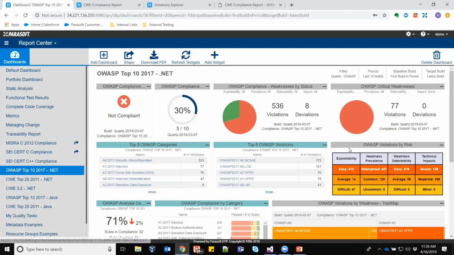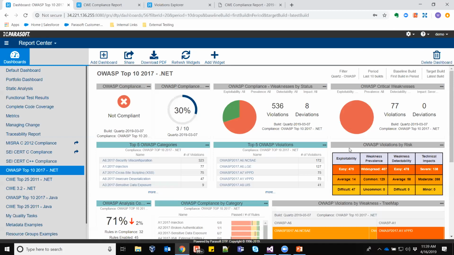What we've done within the compliance dashboards within the PowerSoft ecosystem is we've taken the risk mechanisms for the different standards and given you a visual representation of that. So here you can see the risk scoring matrix that OWASP applies to their different OWASP Top 10 guidelines, and you can see the number of violations that are outstanding against each of those.